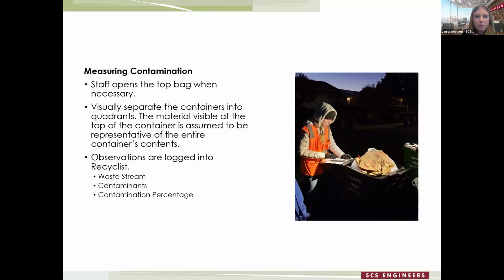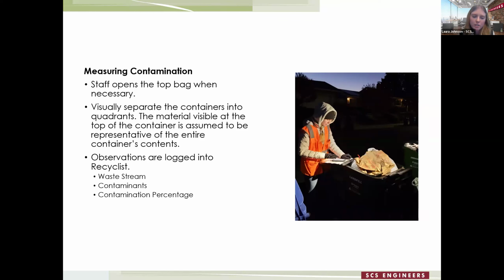Okay, so more about what we're doing when we're doing the lid flips. When we're at an account, I personally, and this is how we communicate with our team, like to go from organics to recycling to trash. Typically, what you don't see in the organics, so if I'm not seeing any food scraps, I might assume, okay, that might be in their recycling or their trash. So I work my way up to the trash. And what we do is we take a visual assessment of that top available material. Sometimes you do have to open that top bag, especially for the landfill containers.